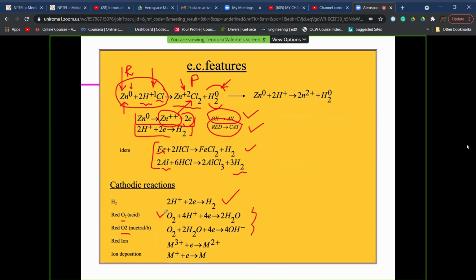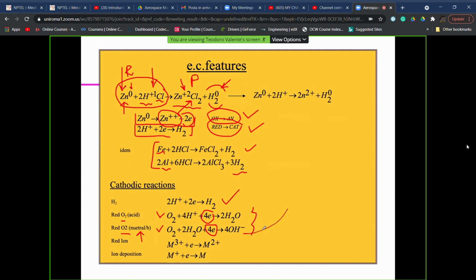This fourth case reported here is the case in which we have oxygen as an important element for the consumption of electrons, in the case in which our solution, our condensate solution, is acid. This one instead is the case in which oxygen is present, but the solution has a neutral feature, that is, a pH value which is around 7. And so you see also here for the fourth and for the second case, electrons are consumed, and thus this is also a cathodic reaction.